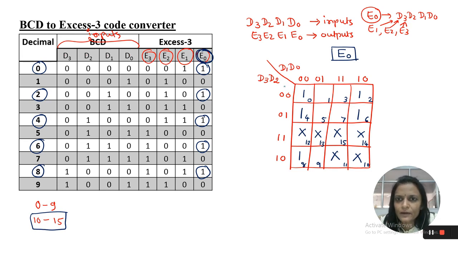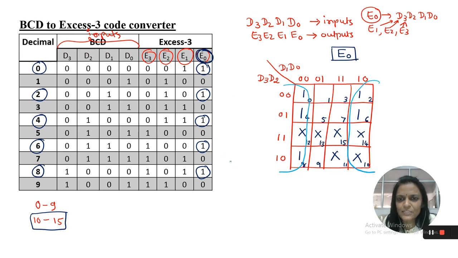Here, these 4 ones and these 4 ones, including the don't cares, we can form one group of 8. Now there are no remaining ones, so this group is enough to cover all ones in the blocks.